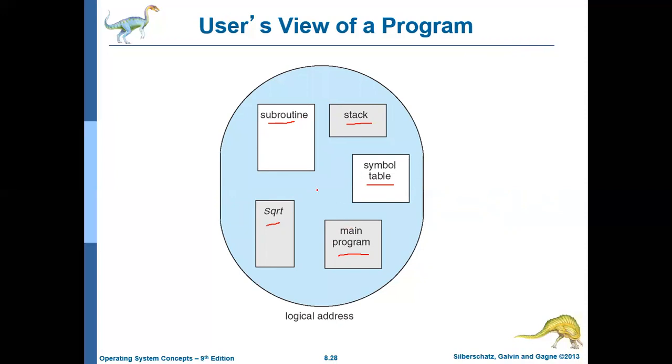This is how a user or programmer views the program stored in memory. This type of understanding or representation is called logical addressing.